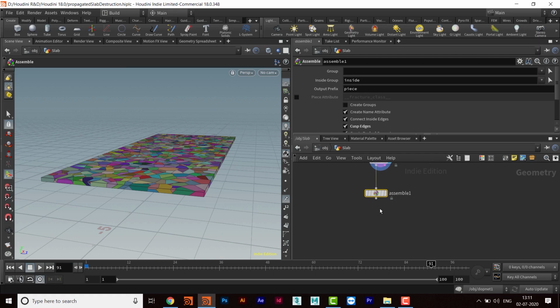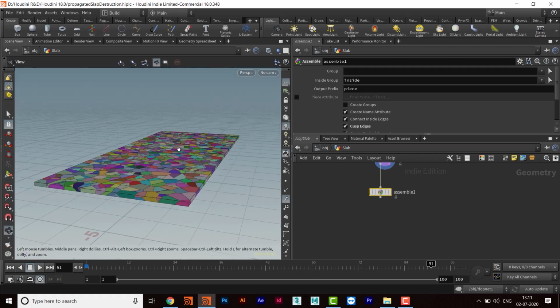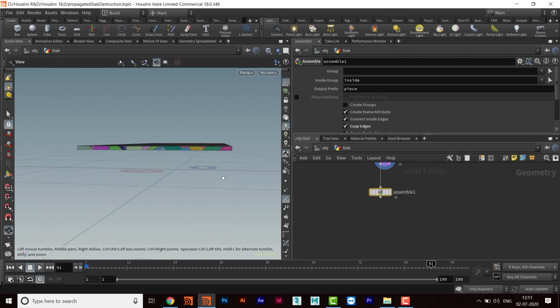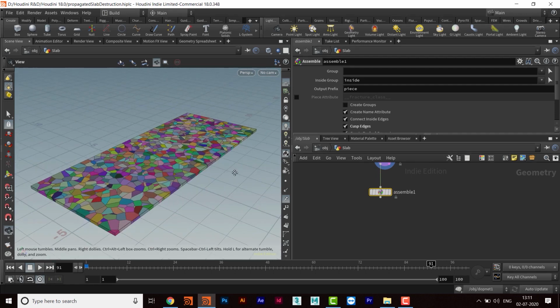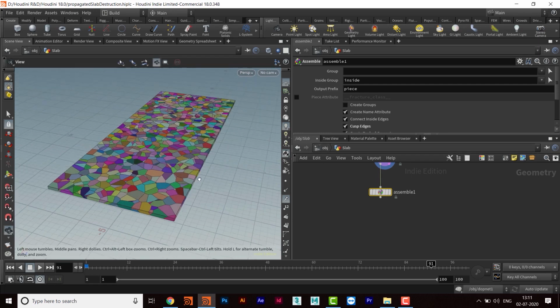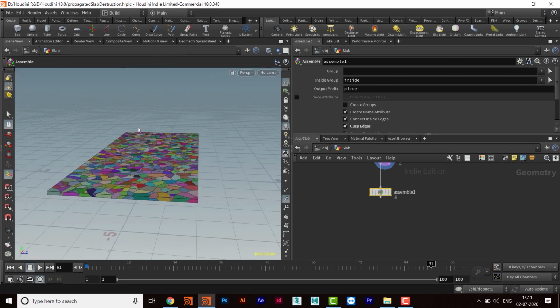So now what I will do, I'll create two boxes so that I can keep some of the part of the slab inactive and the rest active. Okay, so I will keep this part and this part inactive, and then I will leave the center part active.